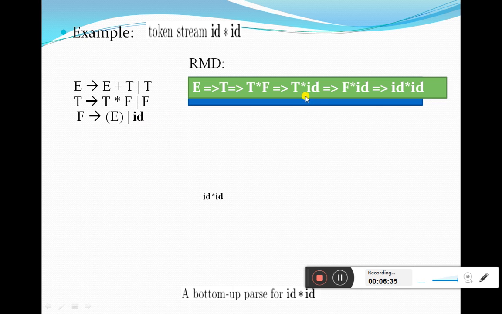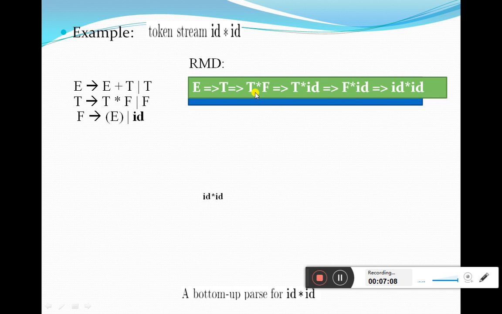Then we replace T by F, T arrow F. Then F is finally replaced by ID. So starting from start symbol, we applied rightmost derivation to derive or to generate ID star ID, a valid arithmetic expression involving star operator.